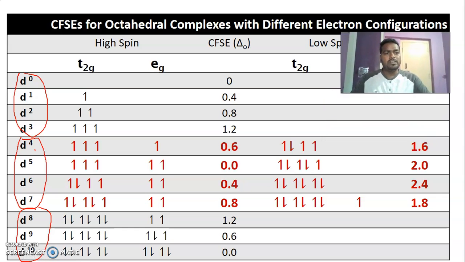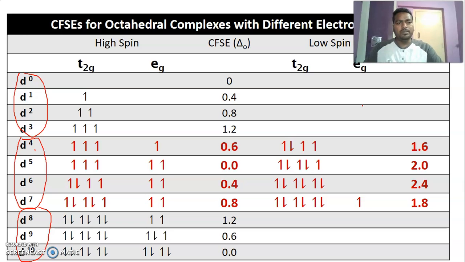So once again, dear students, without basics you cannot understand some of the concepts of coordination chemistry 2. As I said, this is a continuation of coordination chemistry 2. So one should be good in electronic configuration. Then only you can understand the different number of electrons in T2g and Eg orbitals. Because if you are good in electronic configuration, it is very useful in calculating magnetic properties and identifying the number of unpaired electrons. Along with that, you must understand the principle of all the theories, valence bond theory and crystal field theory.